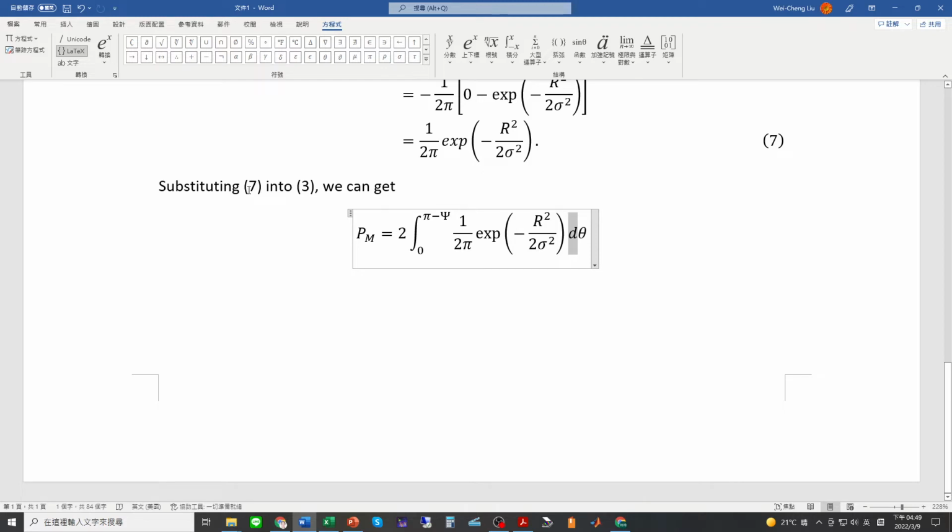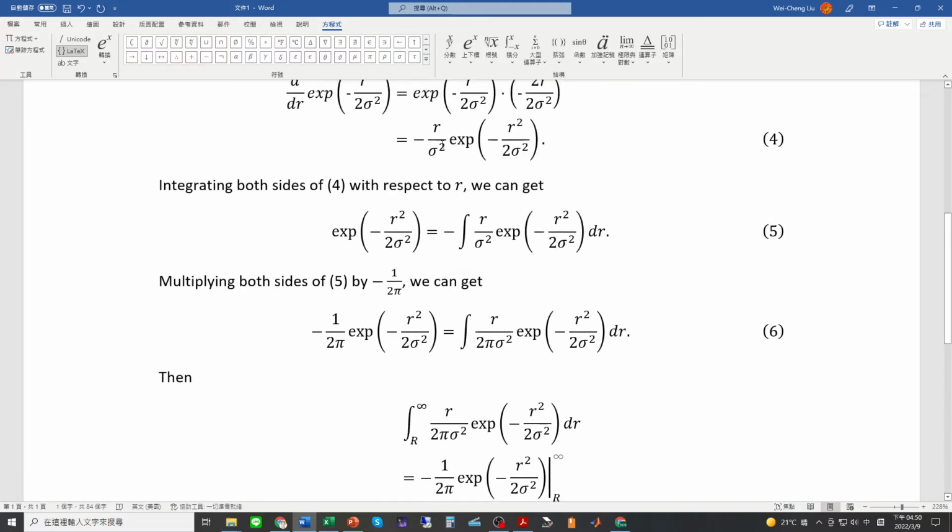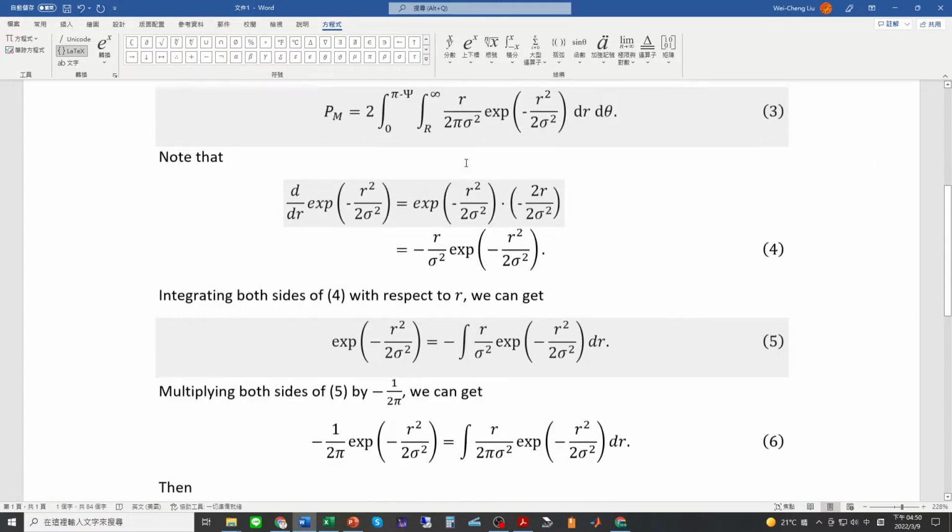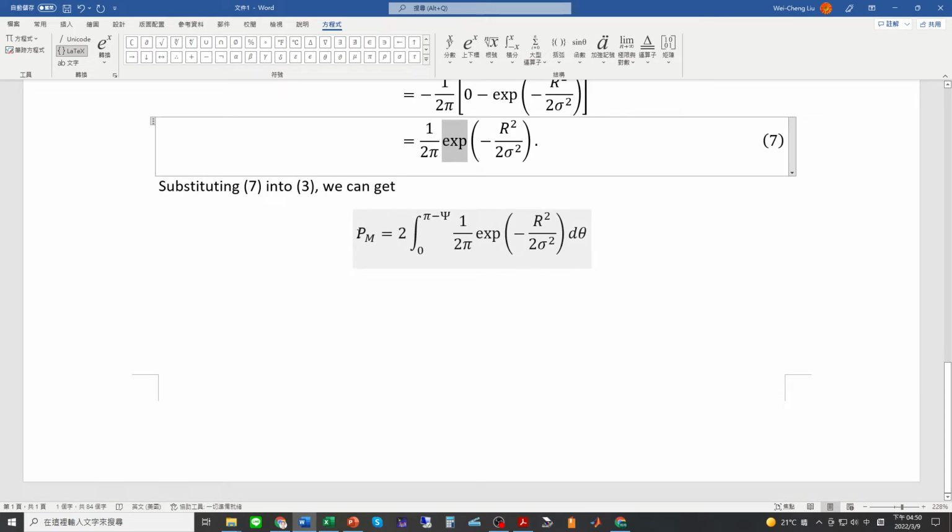So substituting equation 7 into equation 3. This is equation 7, and this is equation 3. We can get Pm is equal to 2 times the integration from 0 to pi minus psi of 1 over 2 pi exponential minus capital R squared over 2 times sigma squared d theta. And so we can see that